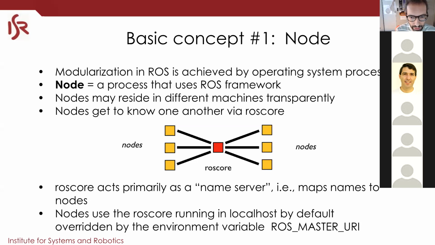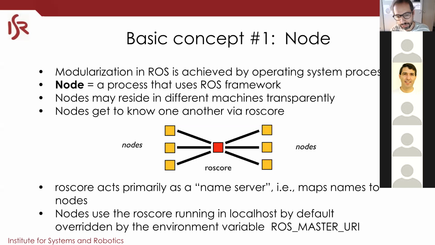Let me give an example. In a robotic example, you have hardware, for instance a rangefinder or a camera, and you're going to have a node that will talk with this device. This node will abstract all of the details of that device, and will be the point of contact with everything else in ROS for that device, being it a sensor or an actuator. For instance, you have motors on a robot or a robotic arm. There will be one node that represents that robotic arm in ROS, which is a driver, and if you want to do anything with that arm, we communicate with that node.